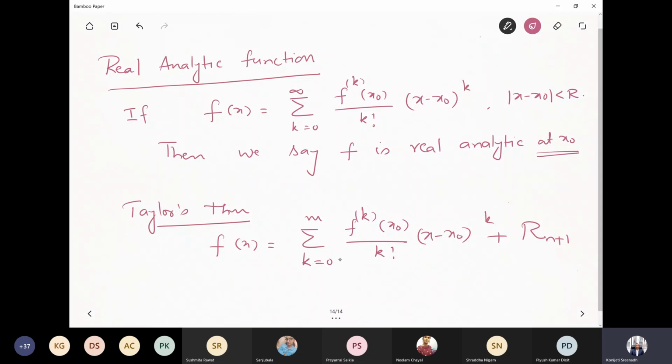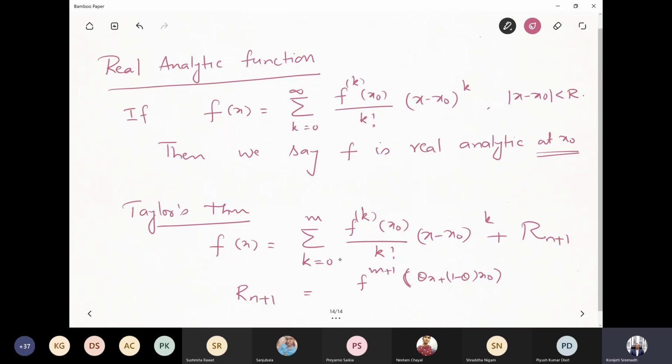Here this R_{m+1} is going to be f^(m+1) at the point θx + (1 - θ)x0,